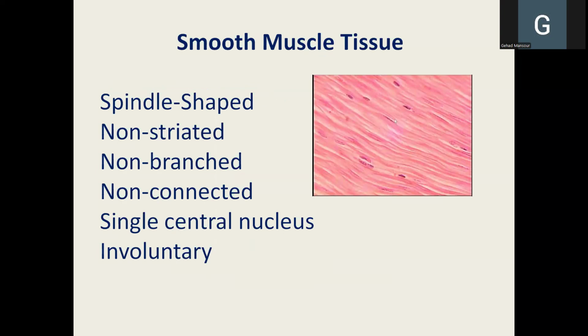So the smooth muscular tissue consists of smooth muscle cells that are unstriated, that are tapered from both sides. That's why we describe them as being spindle-shaped. They have, as every muscle cell has, a single central nucleus. Of course, they have a cell membrane called sarcolemma. They have cytoplasm called sarcoplasm. This is if I ask you to describe the smooth muscular tissue under the light microscope.